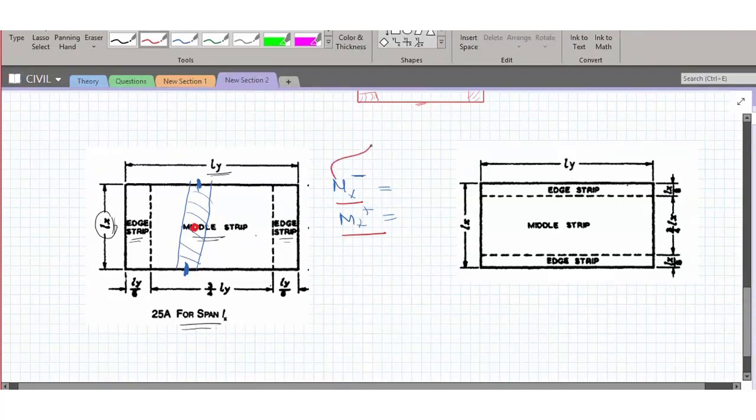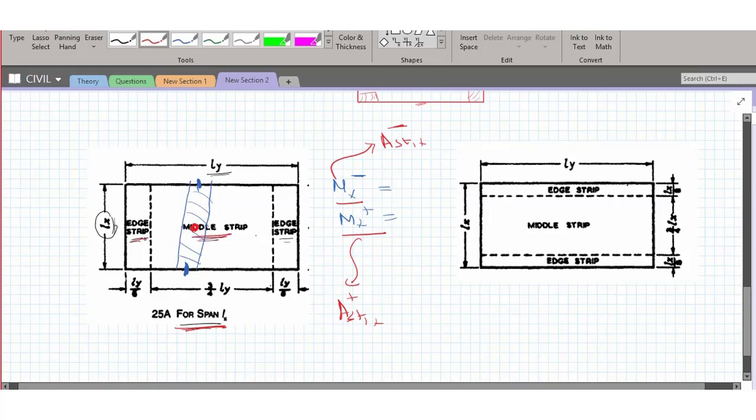So for this 1 meter strip, you'll be computing Mx negative and Mx positive. Say you have computed Mx negative, and you'll be writing Ast x negative. You have computed Mx positive, you have computed Ast x positive. So what has the code suggested? For the entire span, this is for span Lx, about the shorter span, you divide the slab into middle strip and edge strip.